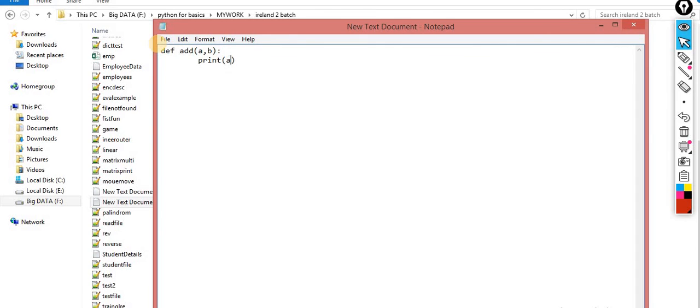Print of A and print of B. Let me Ctrl+C, Ctrl+V as well. Print of D, print of E, A, B, C, D, E as well.